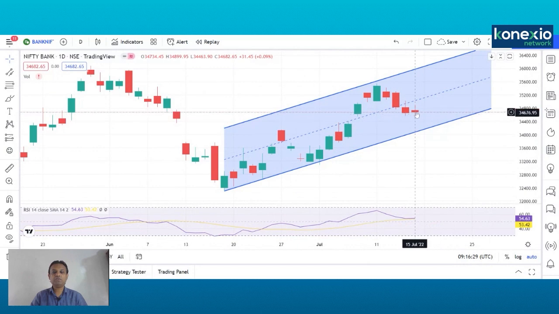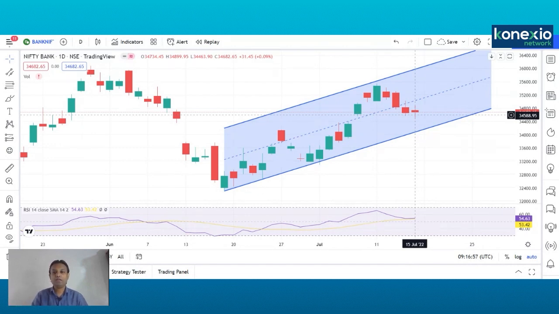is sort of an indecisive candle. The market opened at a particular level, it went down, again it went up, and it closed near those opening levels. So it is an indecisive candle, but the highs and lows of this candle are very crucial. A breakout on either side, upside or downside, would become the trend of the